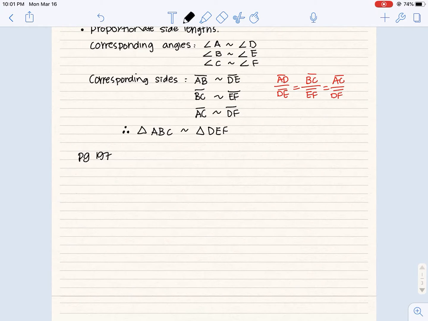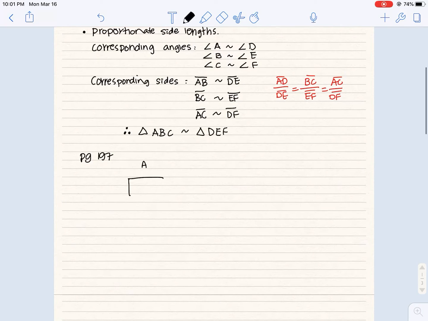But if you have the textbook, you may look into your textbook. Now we have three different rectangles, and they're asking which rectangle is similar to rectangle A. So I'm not going to really draw to scale, but we have rectangle A,